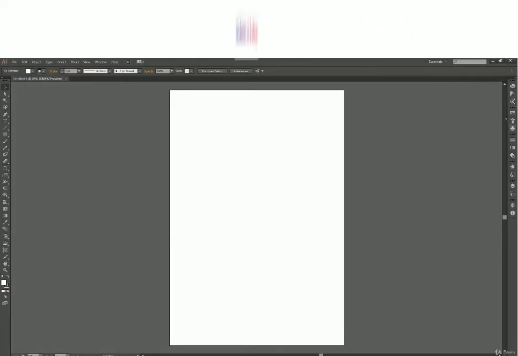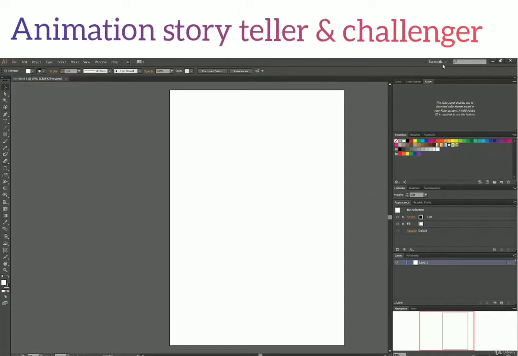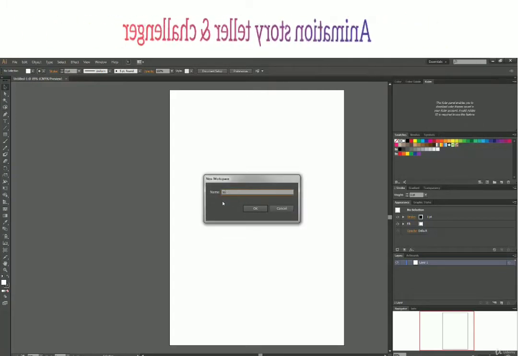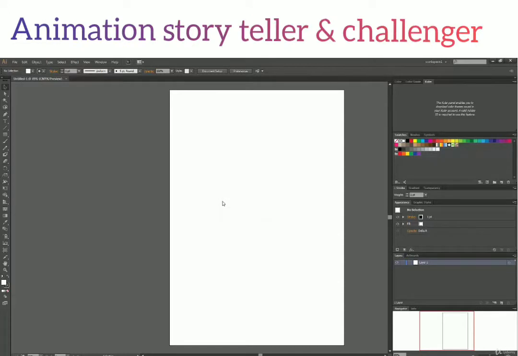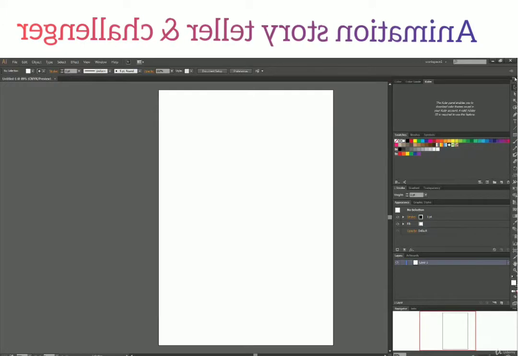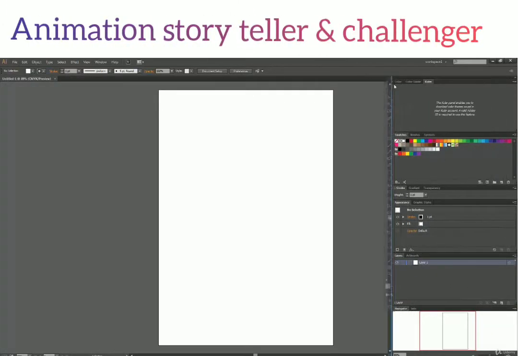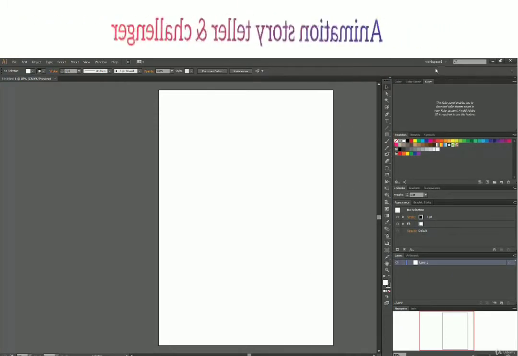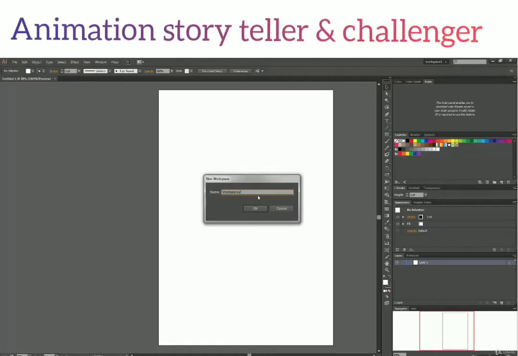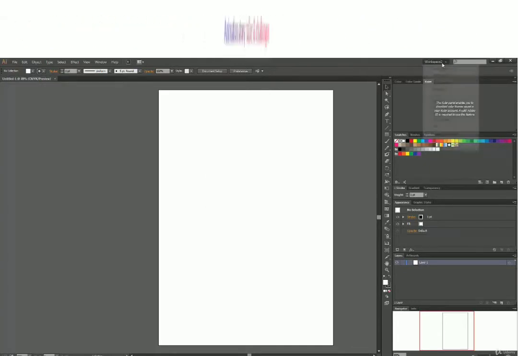Let me create some workspaces quickly. You can expand this toolbar, and let's say this is our new workspace, workspace 1. Name it workspace 1. Again we'll move this toolbar over here and everything is together now. Let us name this workspace 2. Now we can switch between our workspace 1 and workspace 2.